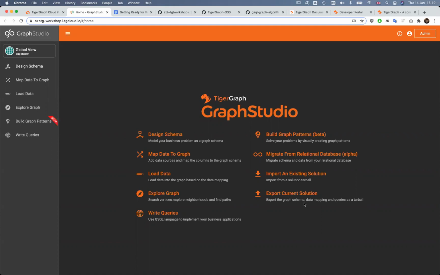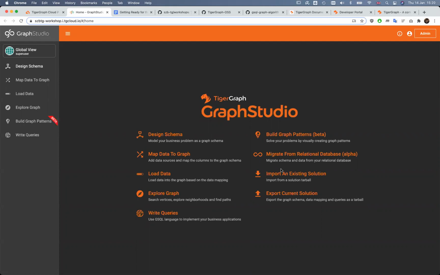These 4 functionalities on the left side, we are not going to cover today, partly because of the visual query builder, where using a drag and drop approach you can develop queries, and this functionality which allows you to migrate data into TigerGraph from relational databases. These are already covered with webinars and recordings, and they would take too much time to cover today.